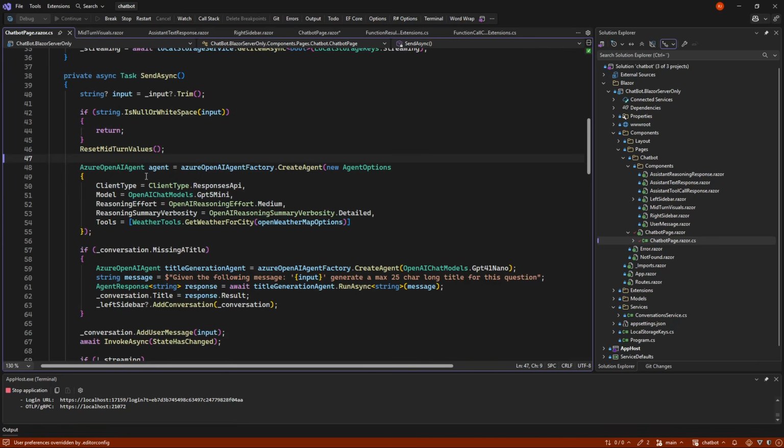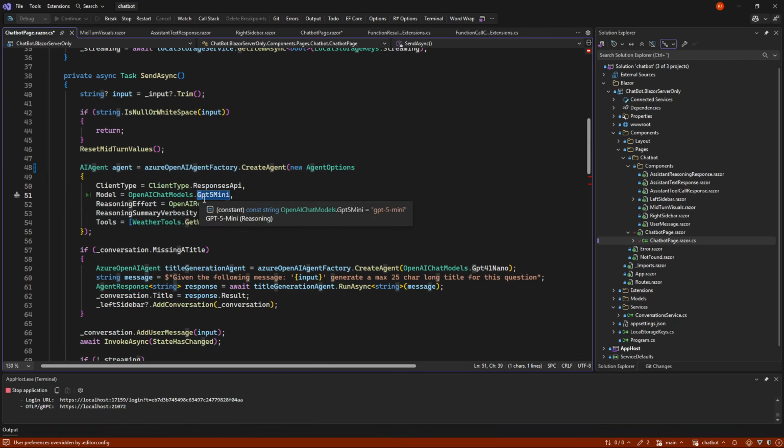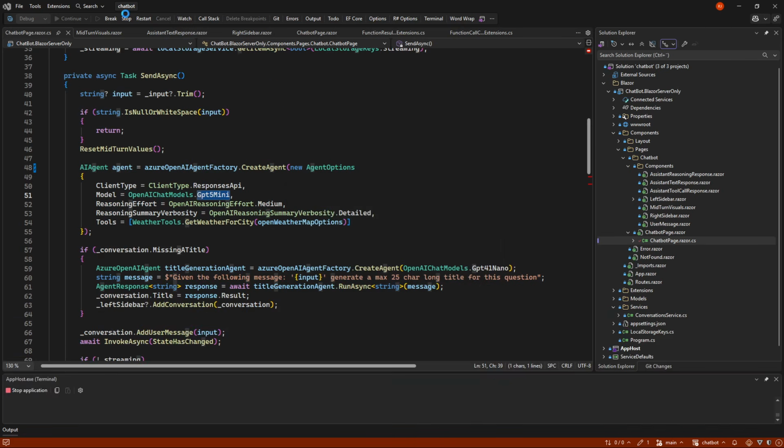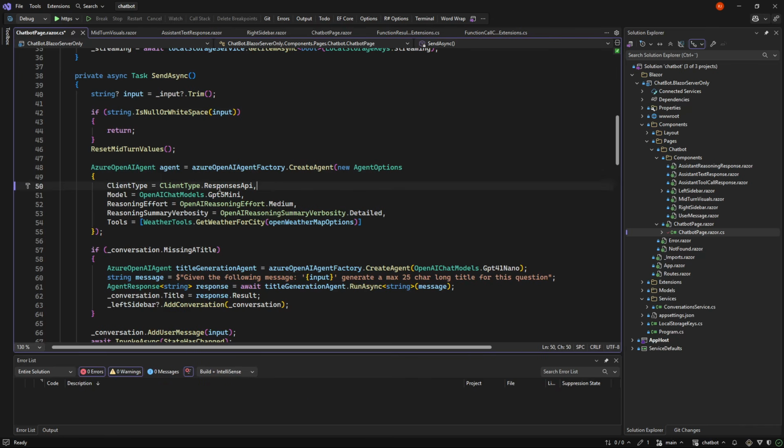Then we are building our agents. In our case, we can just call it an AI agent, so it's easier to understand from the system. But we have our agent from Agent Framework, Azure OpenAI in this case, and I'm just building an agent using Responses API. I'm using Responses API in order to get the thoughts back. In a normal chat client, we are not allowed to use it, because it can't give us what the reasoning summary was.